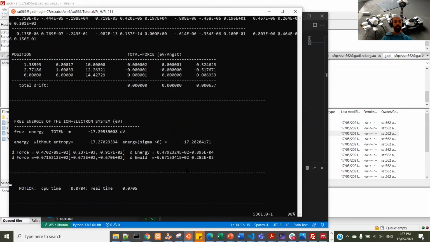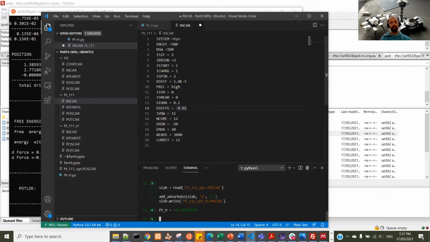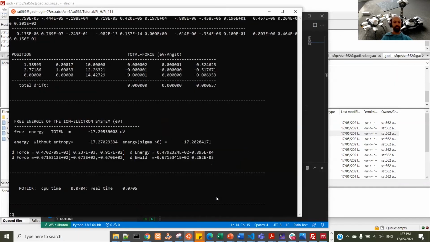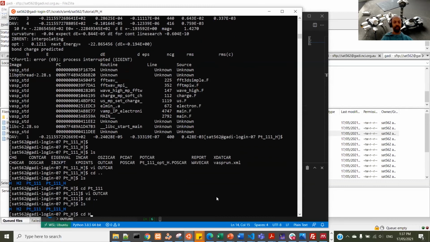Okay, and then the end of that file, we get that number. That's the total energy of the platinum slab. So that's PT equals minus 17. And then we're going to go to the H atom itself. So CdH2